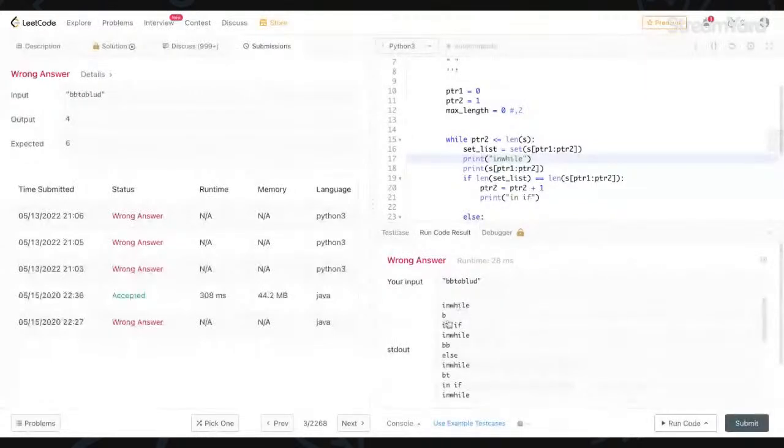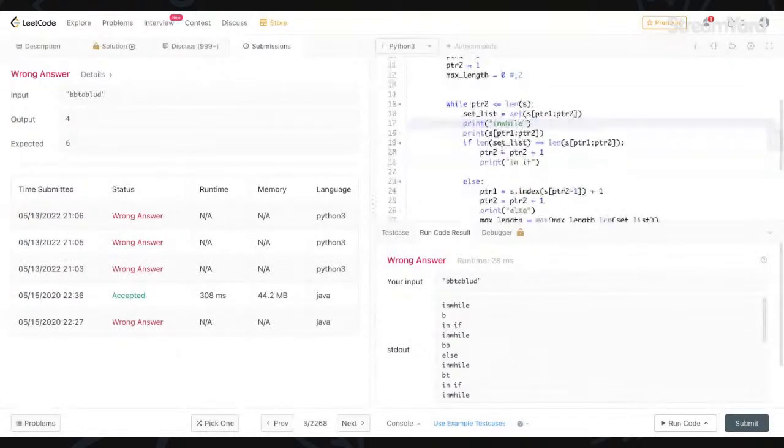Okay, in while you have B, in if, so you come here. In while you have BB, you go to in else, then in while you have BT. Okay. So you go to inif, in while you